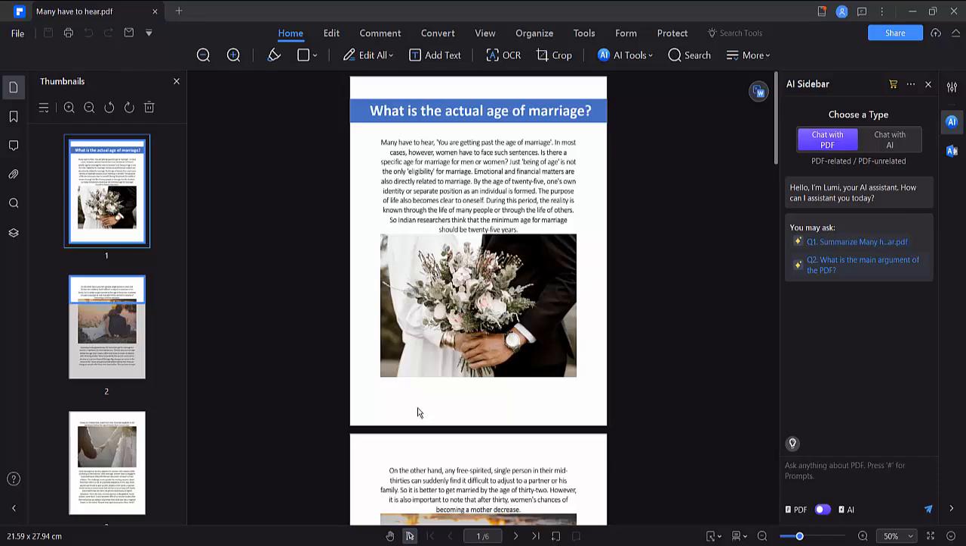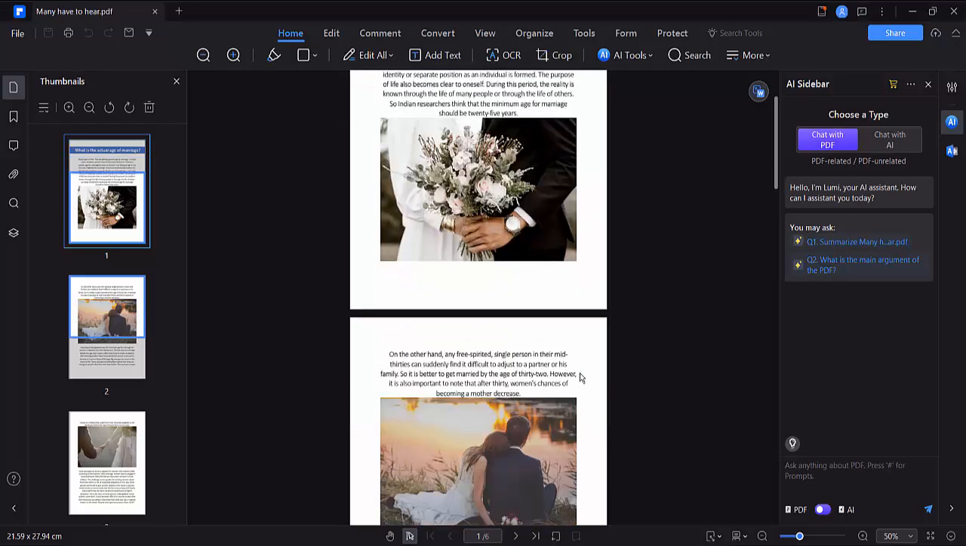Hello everyone, today I'll show you how to start page numbering on a PDF file with number 2. This is my PDF file and I'll start page numbering